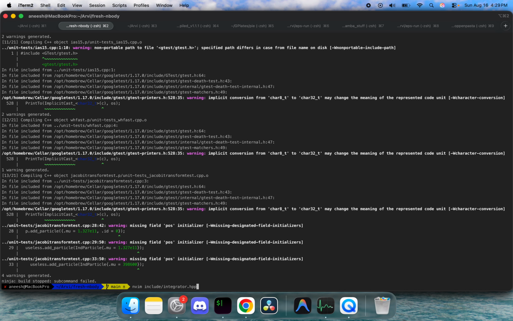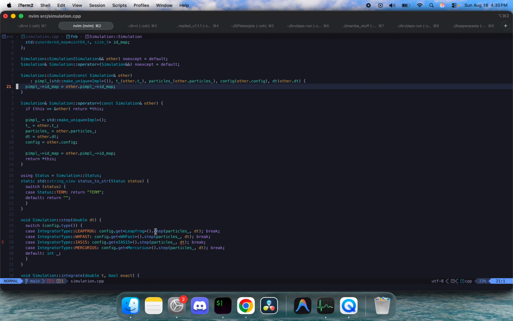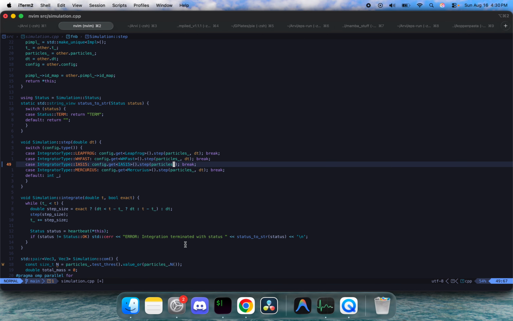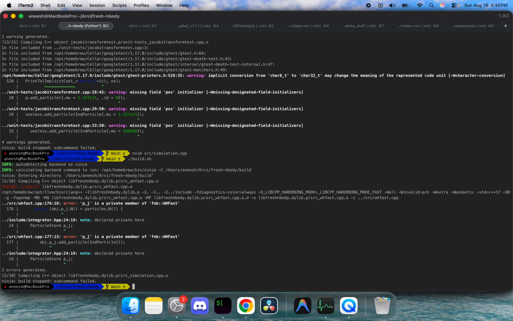I think this, src slash, what do we do here? We call it simulation.cpp. And here there's the error. We then proceed to clear that error. And if I actually build it this time,